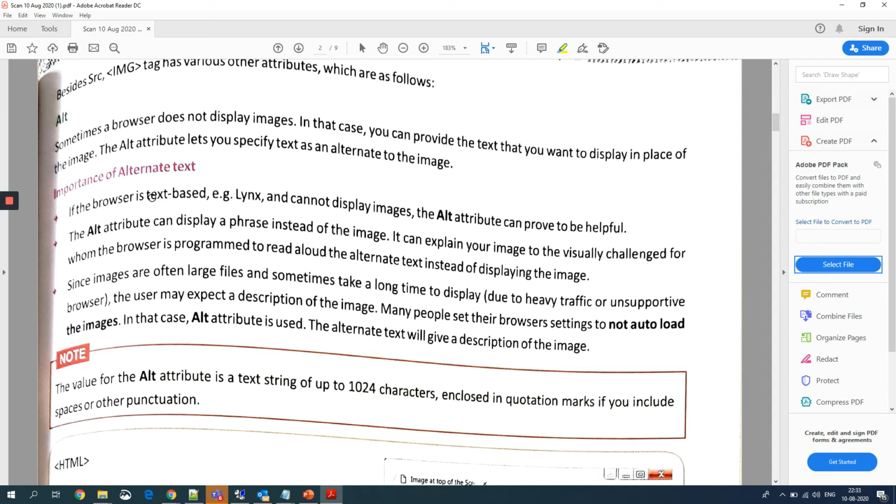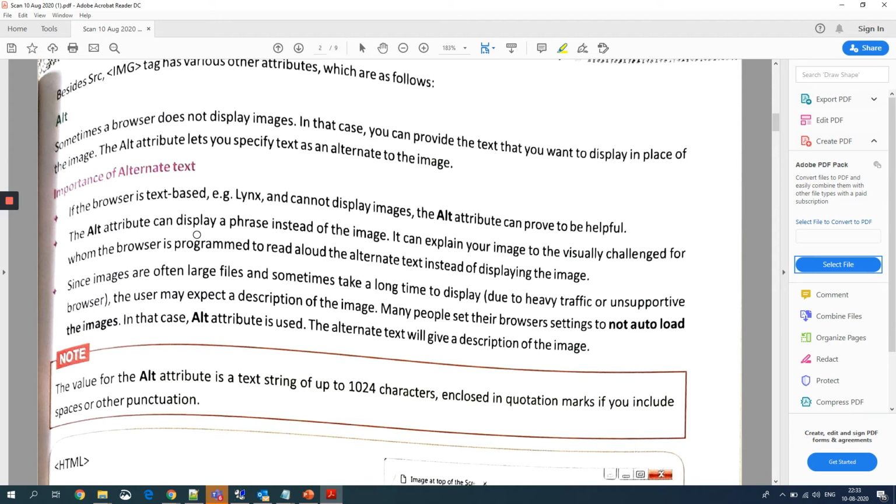Students, you all know nowadays there are so many browsers which are GUI based, graphical user interface, because they are giving you some forms of graphics and all the multimedia elements which have to be there in a GUI based web browser. So there are some text browsers which do not provide you functionality like graphics or GUI or icons. They simply give you normal text, like you can see here on the page. For that case, the alt attribute proves to be helpful.